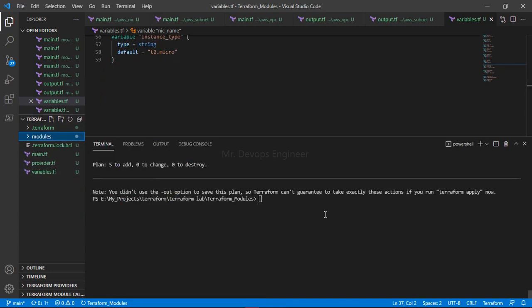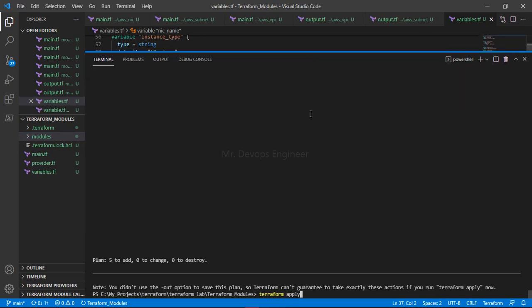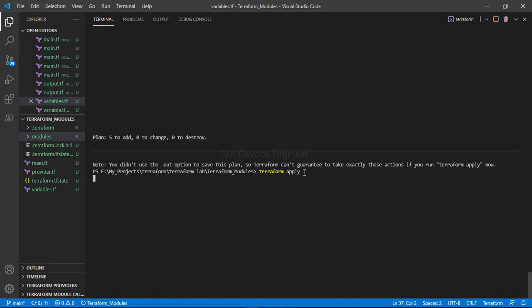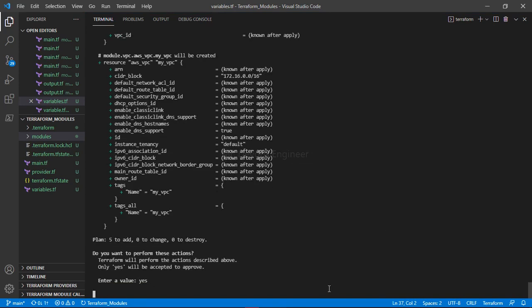So once this is done, let's go ahead and do apply itself, terraform apply. Okay, I think this session is going too long, so I will make a second part of this video for creating multiple resources at a time, right? It has already crossed 50 minutes plus. So let's start terraform apply and see whether all the resources are getting created or not. Okay, so it is asking for the approval. Just hit yes and wait.